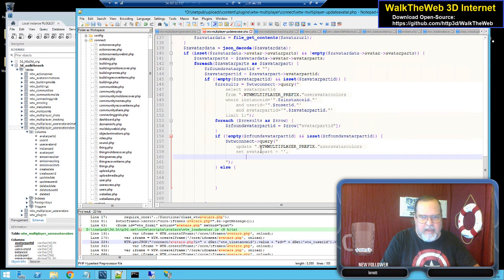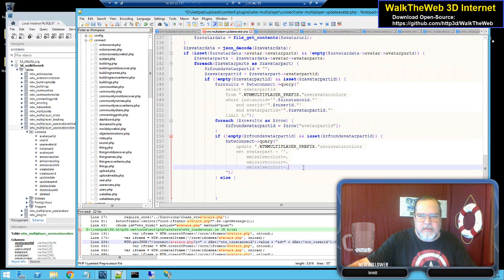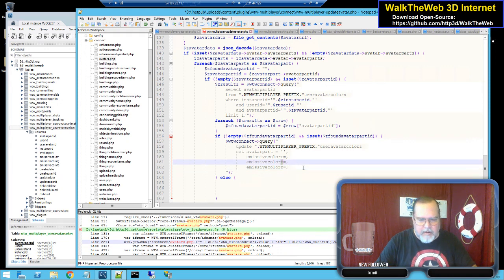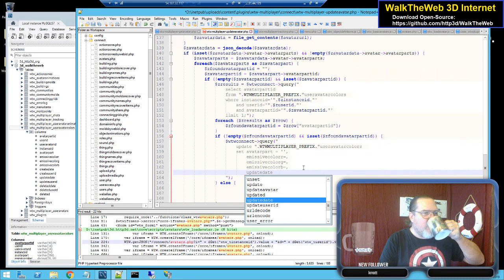And then we have emissive color R equals, and that's going to be a number. We'll get that in place here in a second. And there's three colors, so I'm just going to pass those in there. R, G, B. Then we want to know update date. We want to know how recent it is. So if you're ever a webmaster and you're cleaning up things in there,